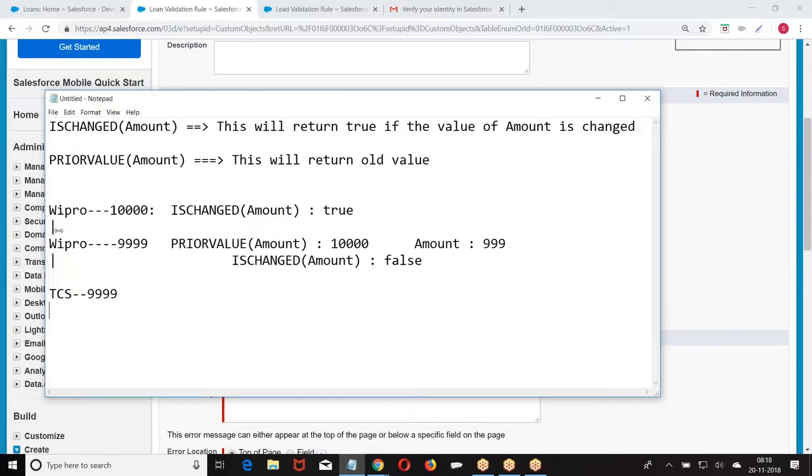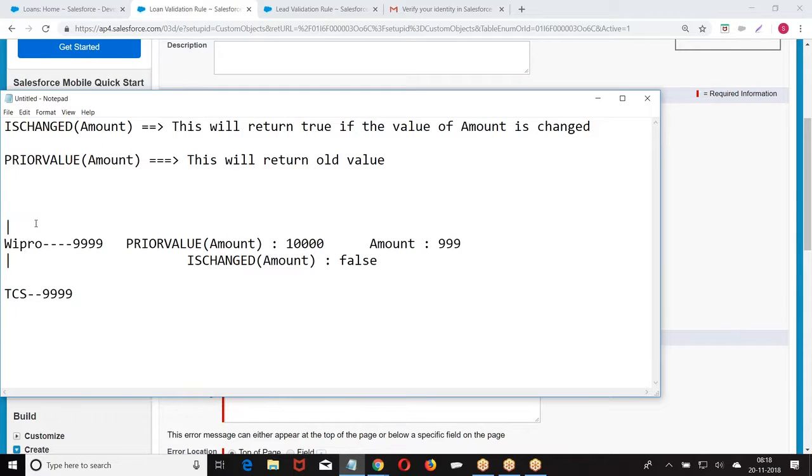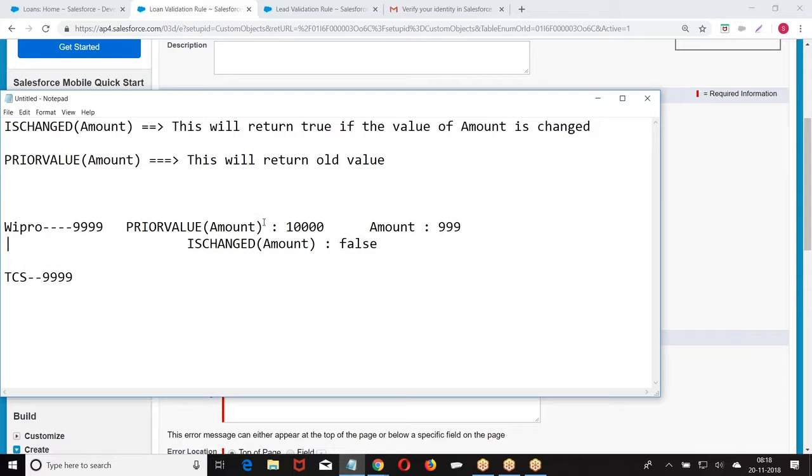This is the record. What is the value? 999. If the field is modified, then you get the prior value. There is no concept of prior value if the value of the field is not modified. Did you get my point? Yes, I got it.